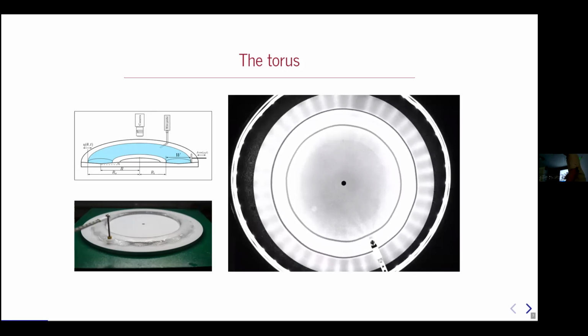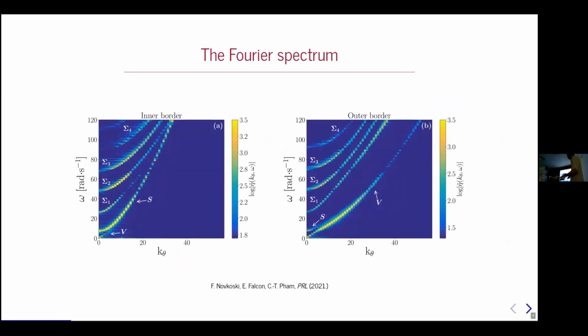So we take a video, we get the measurements of the displacements of the borders, and we look at the Fourier spectrum from both the inner and outer borders. This gives a surprisingly rich structure in terms of dispersion relations. If we focus on the outer border, starting from 0, we can identify gravity capillary waves. But moving up,